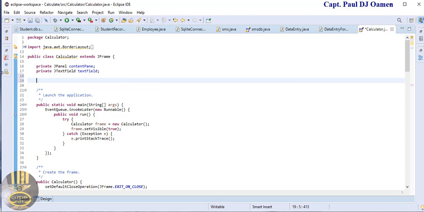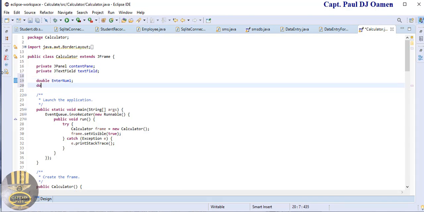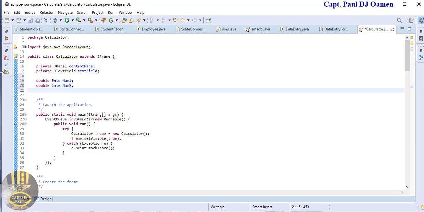Let's say the very first one, I'm going to call that double, let's call that enterNumber1. Okay, that is my very first variable. The second one is also going to be a double, and I'm going to call that enterNumber2. And another double that is going to be for the